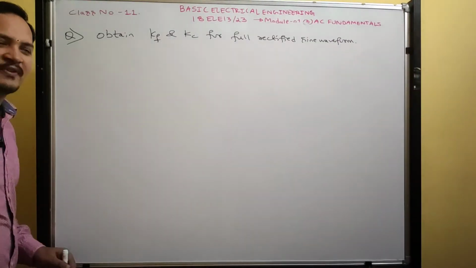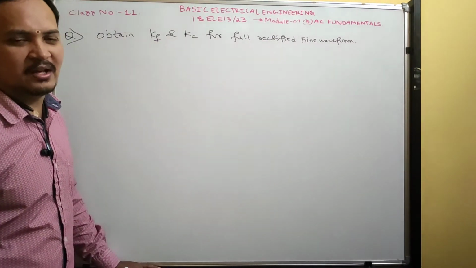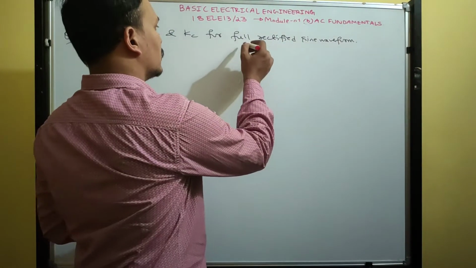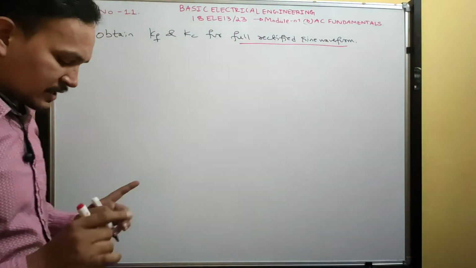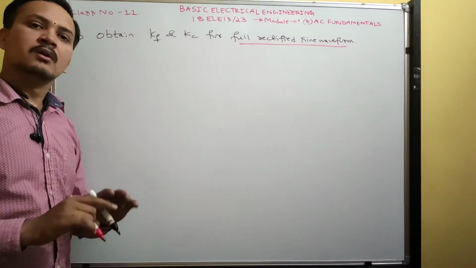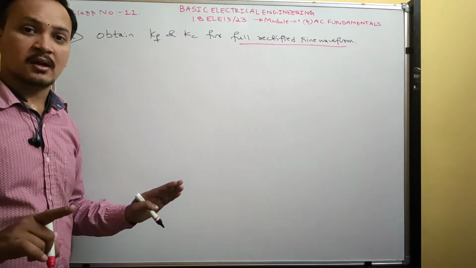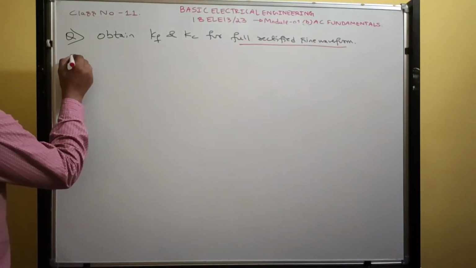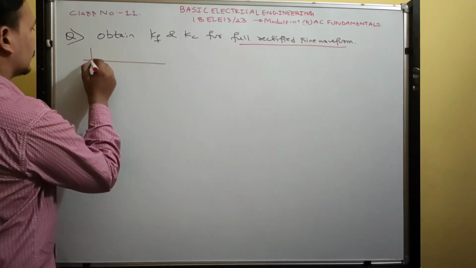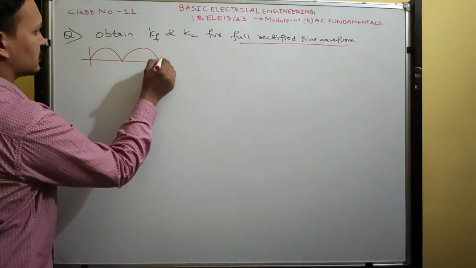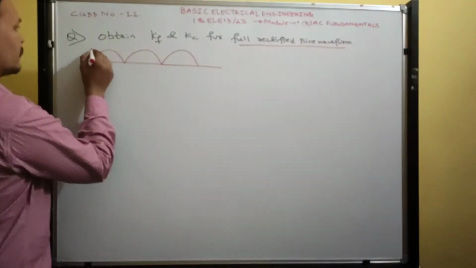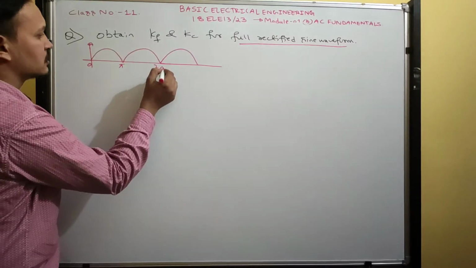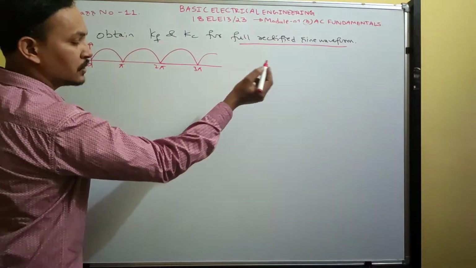But to compute form factor and crest factor, obviously we need to derive the RMS and average value for this waveform. For each and every waveform, the RMS and average value differ. You won't get the same answer, but the definition is standard, that is constant. Now, the full rectified waveform. Look here, this is the wave. You studied in +2 the full wave bridge rectifier. What is the output? You will get output like this: 0, pi, 2 pi, 3 pi, and it continues.